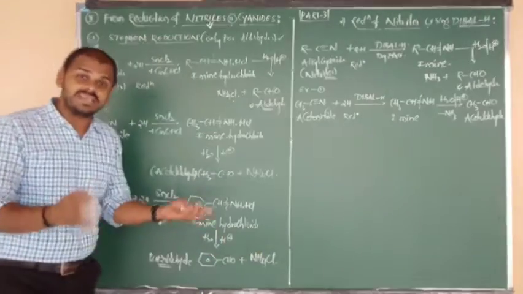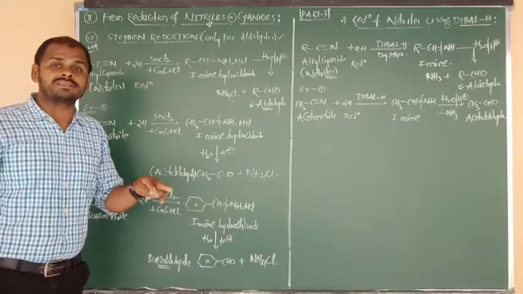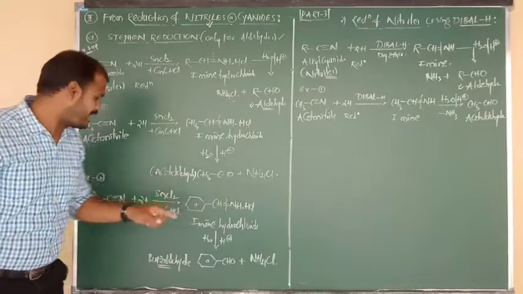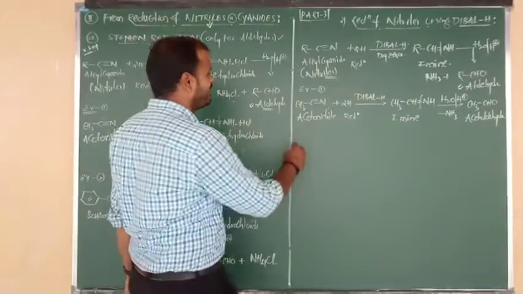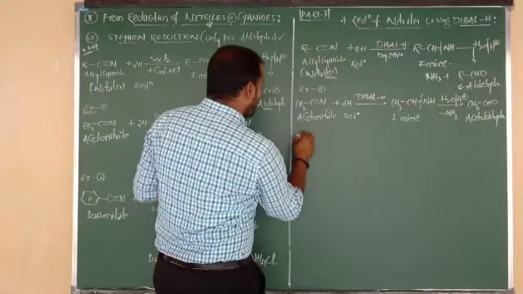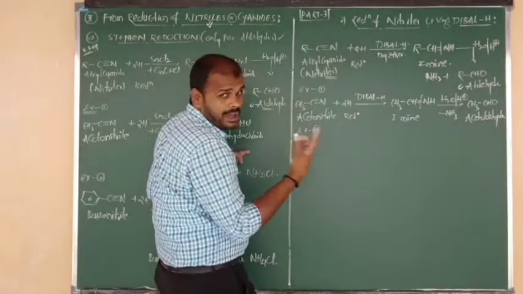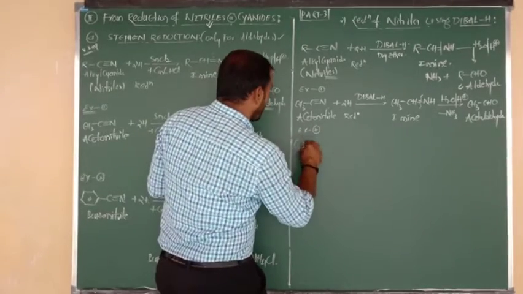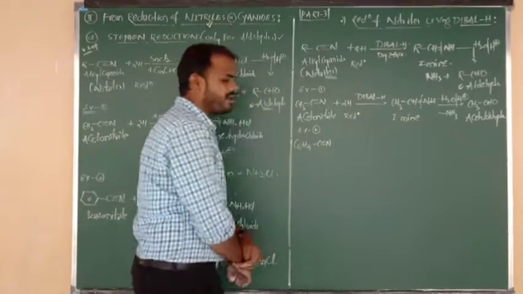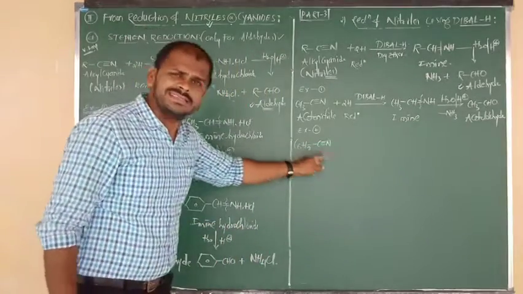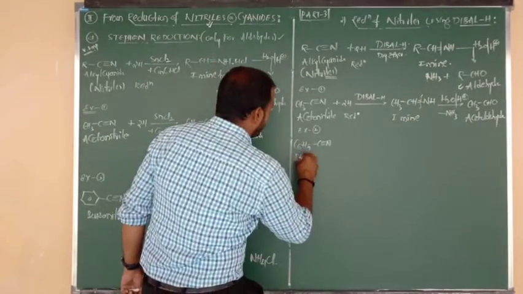Yes, let me consider another example. One example is aliphatic aldehyde. Let me consider another example for aromatic aldehyde. Same like this, benzonitrile should give benzaldehyde. So in place of R, we have to write benzene. Otherwise, we can write C6H5 as you wish. Okay, I am going to write here C6H5. It is connected to C triple bond N. This is called phenyl cyanide, and also we can say benzonitrile.